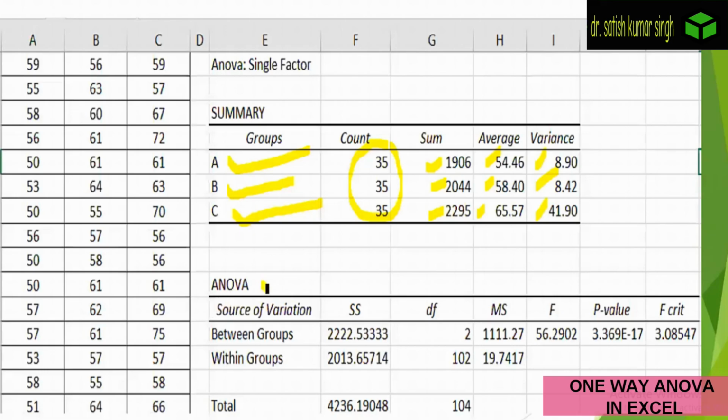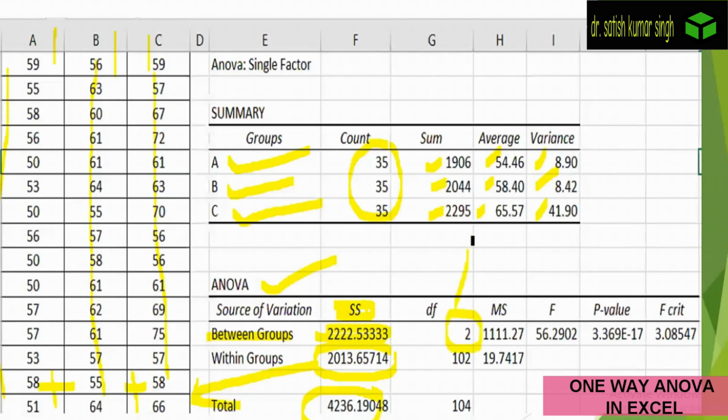Then let's move on to analyze the ANOVA results. This is the between group sum of squares. What is sum of squares? That is first group, second group, and third group. We take the combined mean for all the groups, and then we subtract it from each value and we square it. That is the between group, and this is the total. And then within the group is this group, this group, this group, from their own average, and we take them all together.